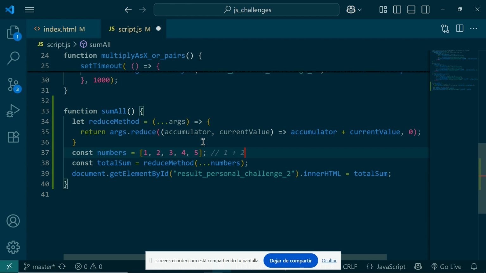1 plus 2 is equal to how many? 3. And 3 plus 4 is equal to how many? Sorry, 3 plus 4, no, is 3. It is making an accumulator, remember. It means that it is going to stay 3 and then it's going to say 3